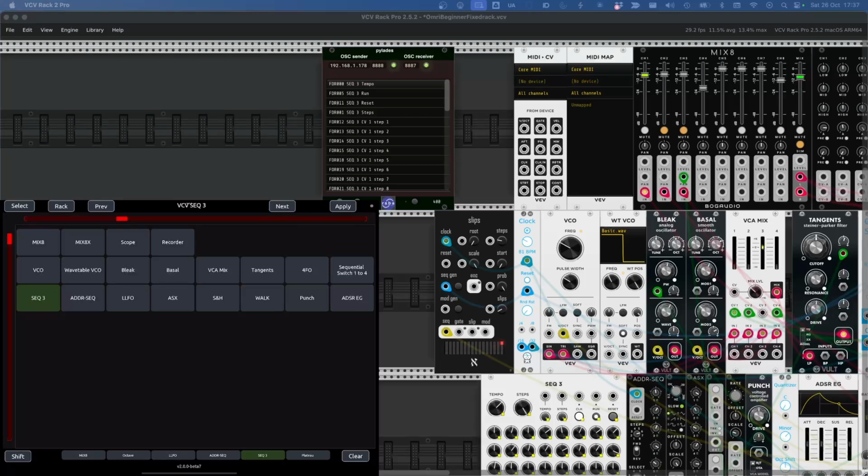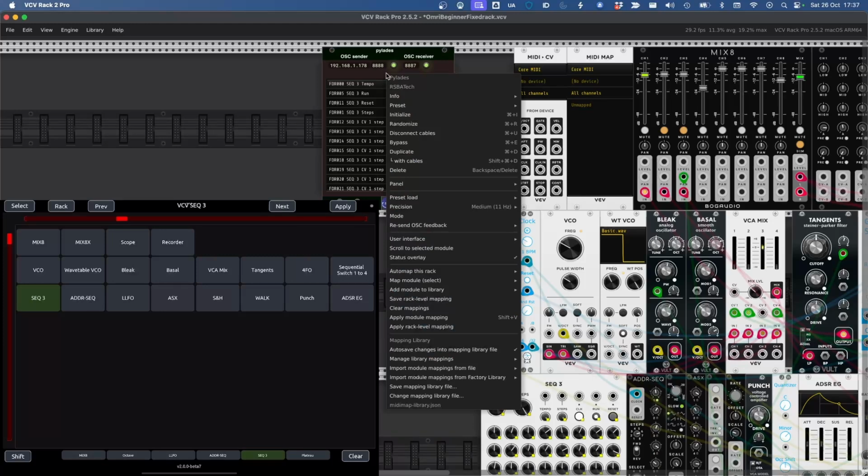But how do we add a new module to our library? I'll take you through that process. What we do, we go to our Pylades module, right click, go down and find the map module select, which allows you to map a single module. You can also auto map the entire rack in one go. Because the problem is that it won't be hand mapped, so the controls may not be in an obvious logical place layout on the